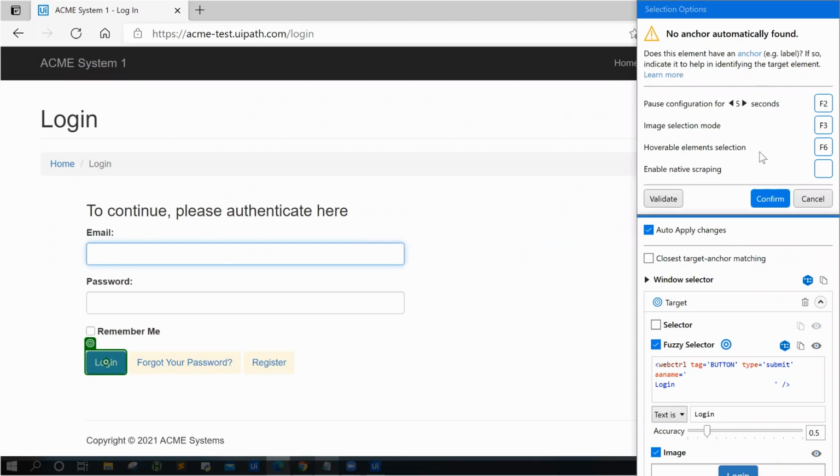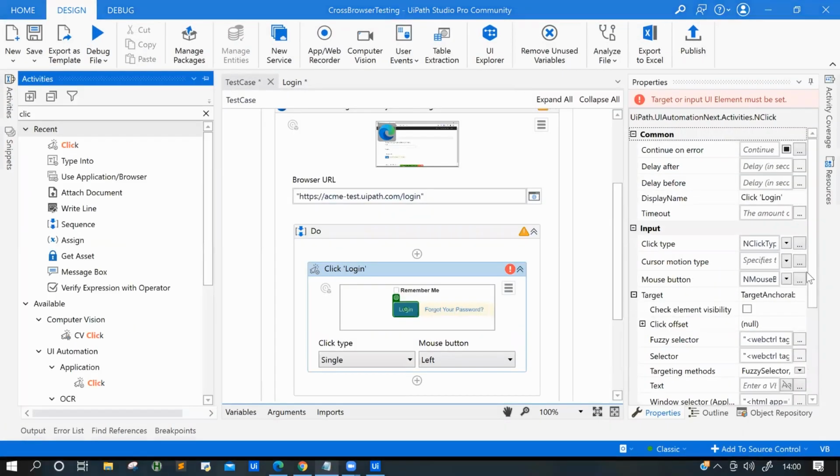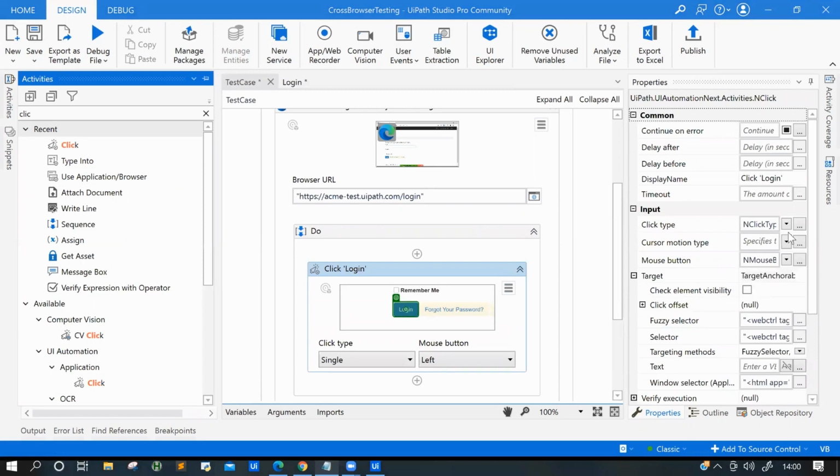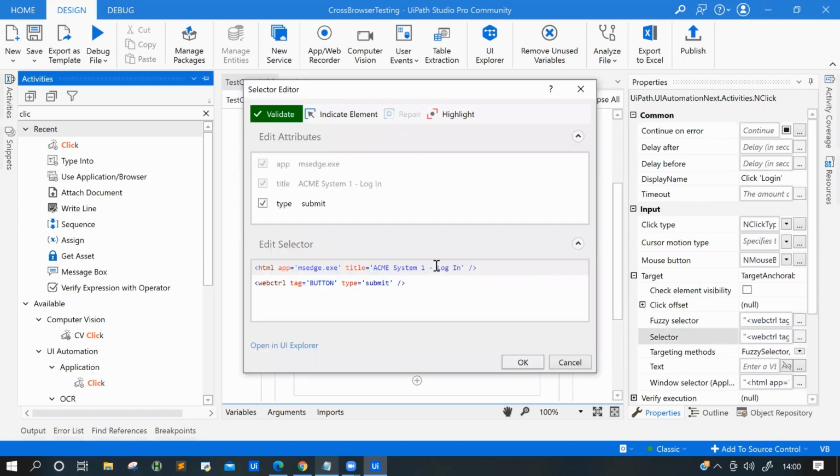Confirm. You will get the selector. Copy.